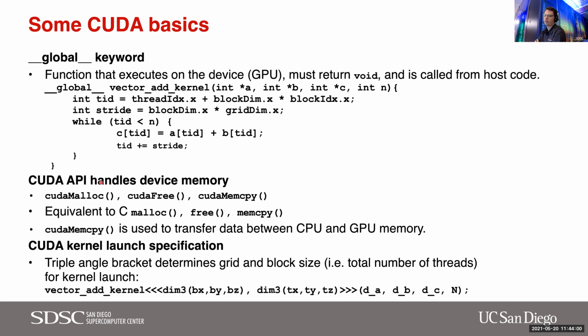In addition to that, you have the memory functions like allocation, free memory, memory copies. It's equivalent to CUDA C malloc, free and memcpy. And so if you have a kernel like that, then you can launch it from your CPU code. And all you have to do is add this launch configuration here in the triple angle brackets, where you tell, with a variable type dim3,